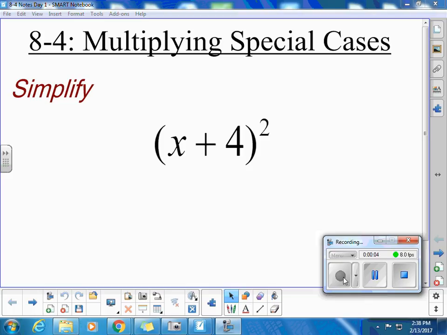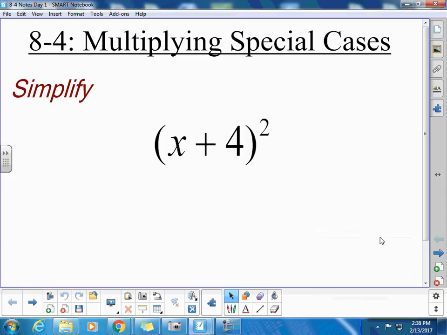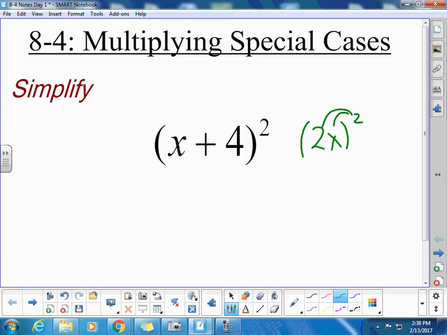8.4 is multiplying special cases. It's no different than multiplying anything else, but you might recognize a pattern. So x plus 4 to the second, remember if we have like 2x to the second, that gets distributed to both parts. We learned that. If we're doing this,